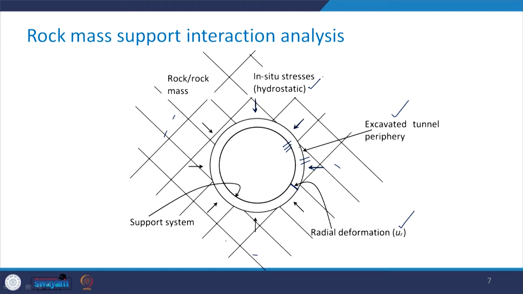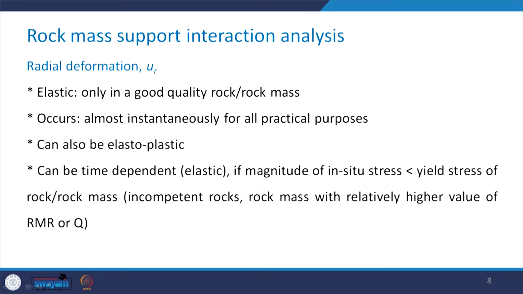So, please understand these terminology. This is the excavated tunnel periphery. You have the support system. Then here is the radial deformation and the rock or rock mass. So, basically this rock support system includes two components. One is this rock or rock mass and the second component is this support system. This radial deformation